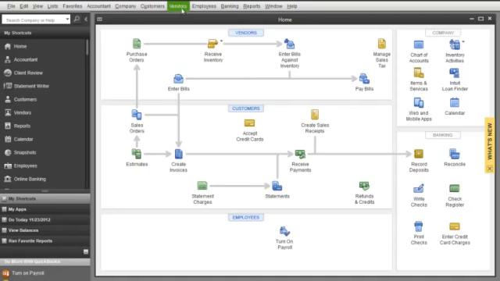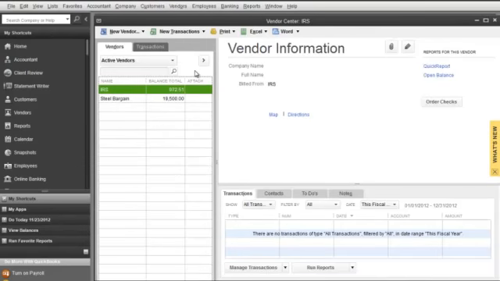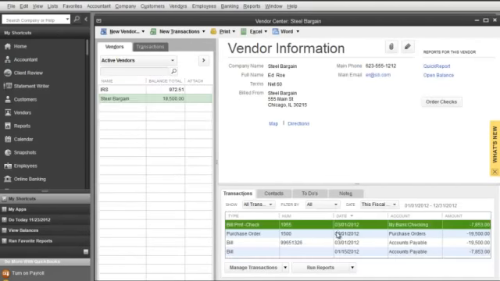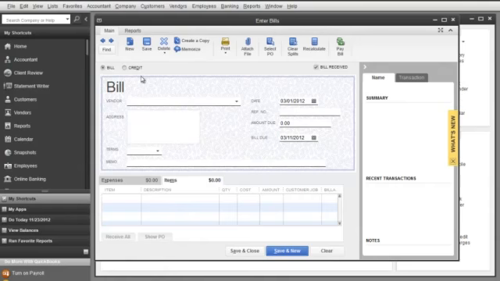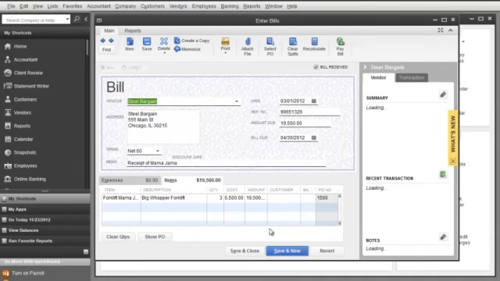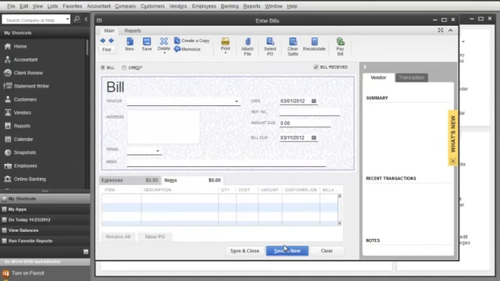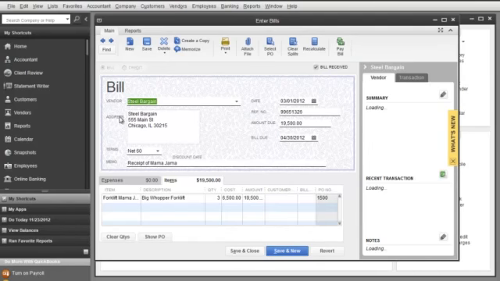Of course, I can always go to my vendor center. My vendor center is going to show me the transactions, or I can go back to this screen and I could have just hit save and new, and right away I can go to pay bills. So I am back at my actual